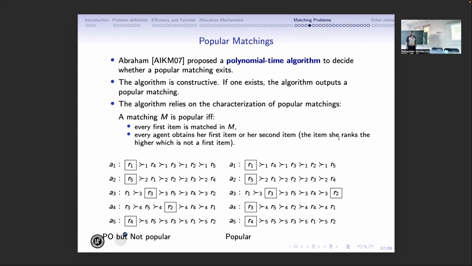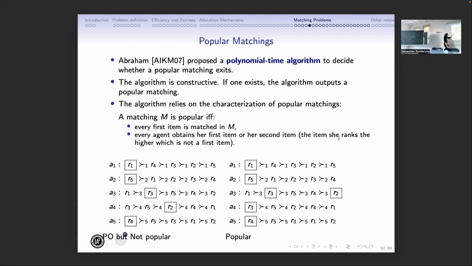And it has been shown by Abraham that there exists a polynomial time algorithm to decide whether a popular matching exists or not, and to compute a popular matching when it exists, because the algorithm is constructive. And in fact, the algorithm relies on a characterization of popular matching given also by Abraham. He demonstrates that a matching M is popular if and only if every first item,